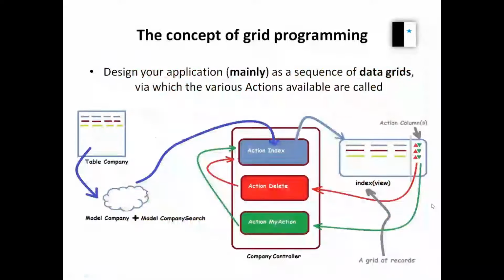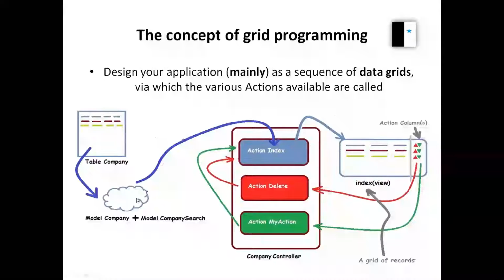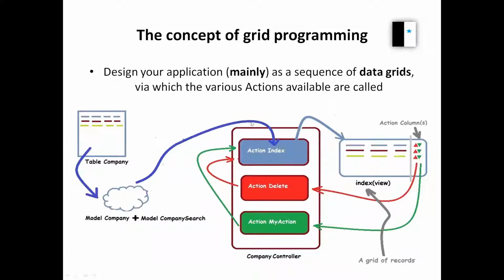The second thing is what I call the concept of grid programming, and that means that you should think and design your application mainly as a sequence of data grids via which the various actions available are called. In our simple setting, we have the table company. Table company is represented within our application by model Company. And as Yii suggests, you have to have a model CompanySearch. Using these two, you can, through actionIndex of the company controller,